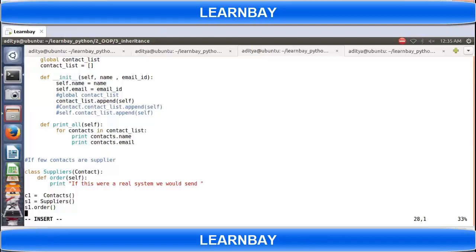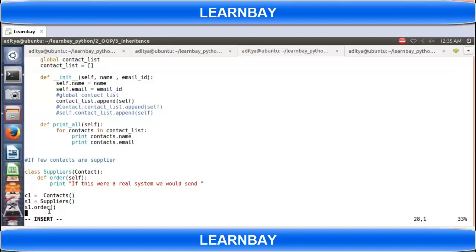But here you are giving that order thing for all the contacts? No, only for suppliers, because of how objects work. Functions will not get memory in the object. Functions are somewhere in memory, they don't have anything to do with the object memory.